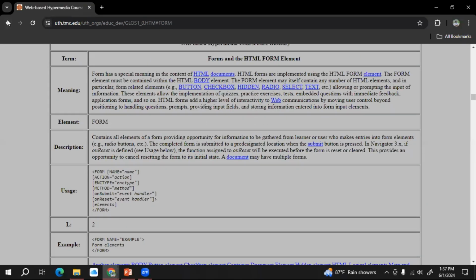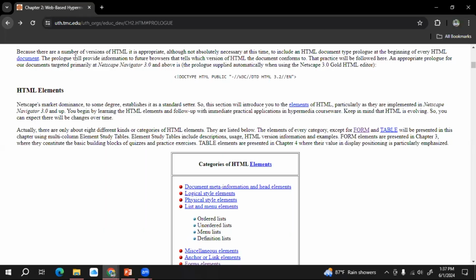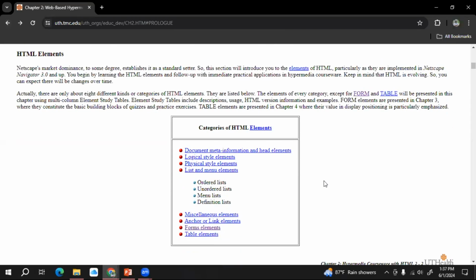If I go back, it will again show the previous content on my web browser. This is an example of hypermedia courseware, right? The result is changing in real time, dynamically. We call these types of websites dynamic websites.